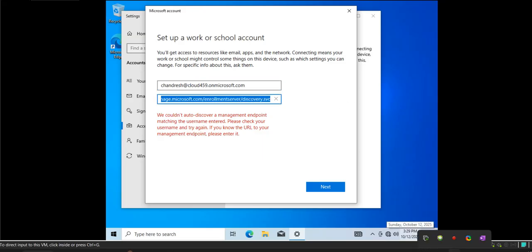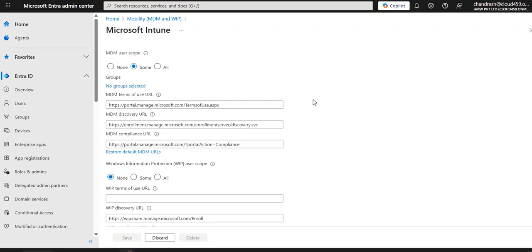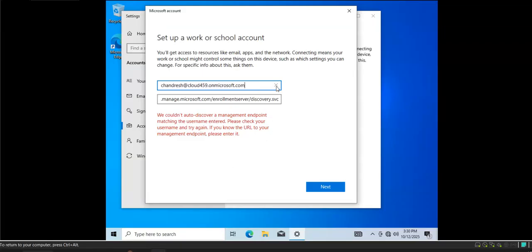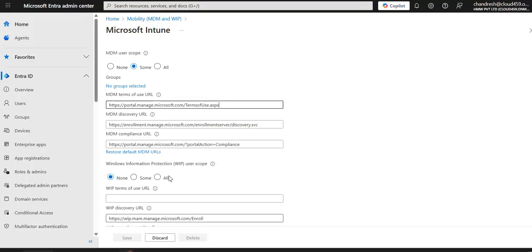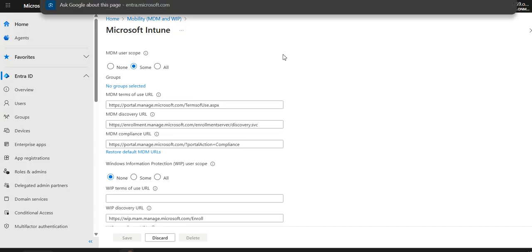HTTPS management. Before that, selecting this, we have to ensure that we'll cancel it and we'll log in with our Ramesh user only, which is our Microsoft user, which we have assigned the security groups. Okay, so once this user is assigned, we have to go to our Intune portal, sorry, our Entra